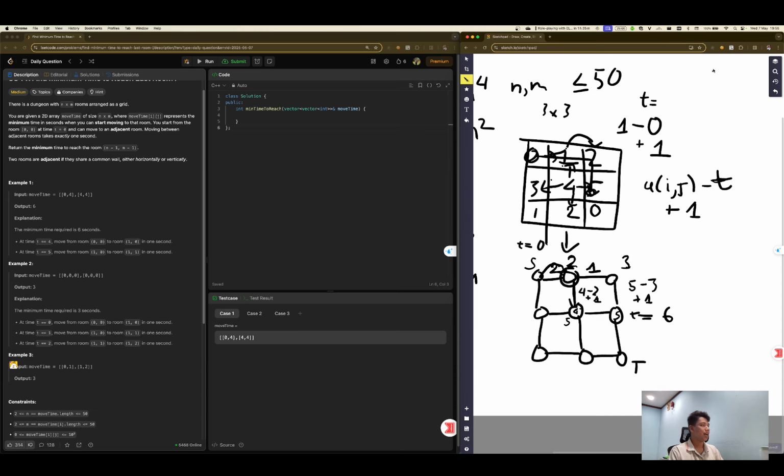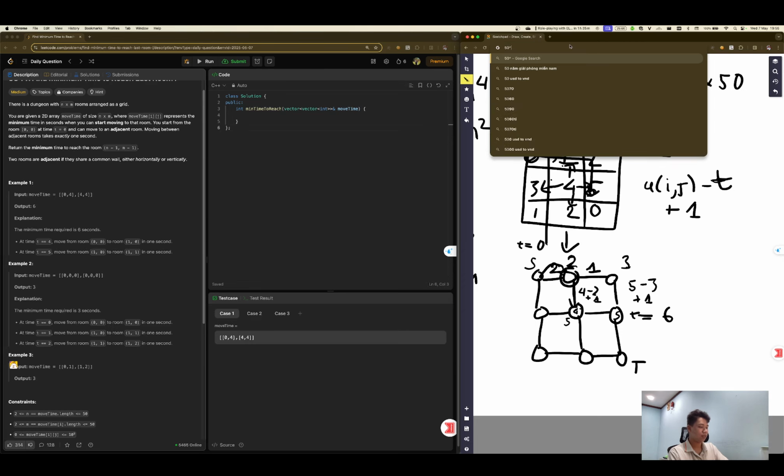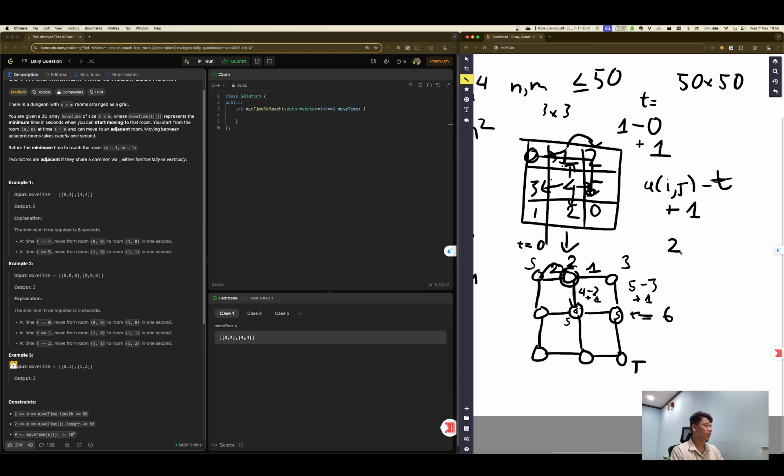So there are only about 2,500 vertices. If you use Dijkstra, you can solve it in